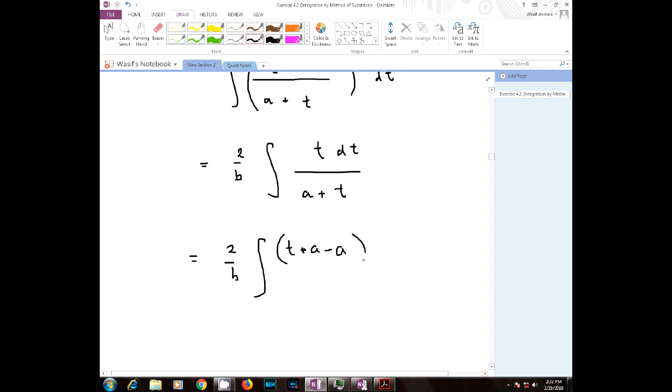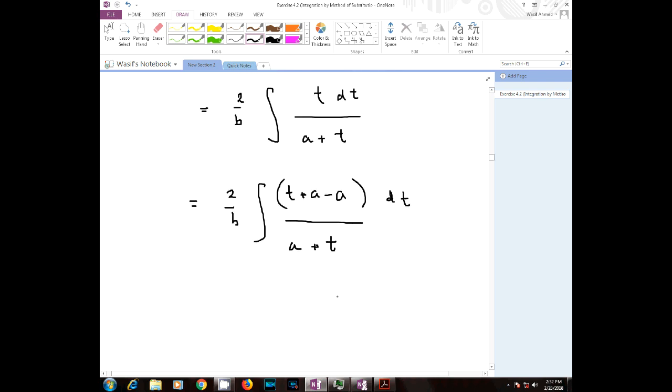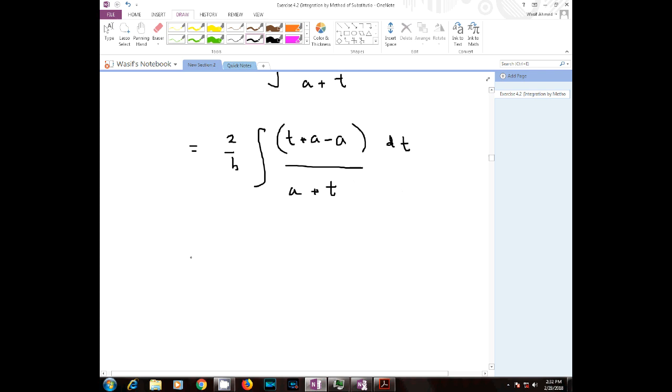So t plus a minus a, dt divided by a plus t. Separate the denominator from the numerator terms. You would get 2 divided by b integral of t plus a divided by a plus t